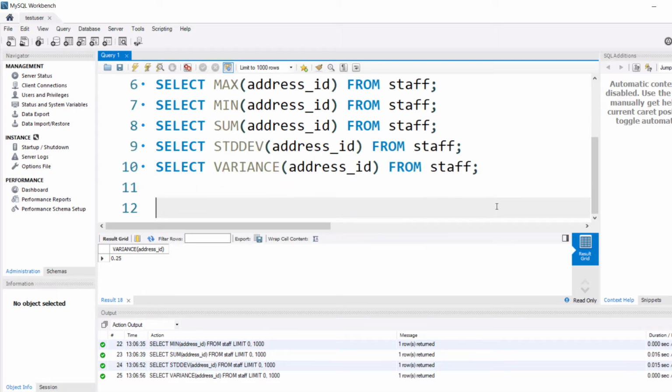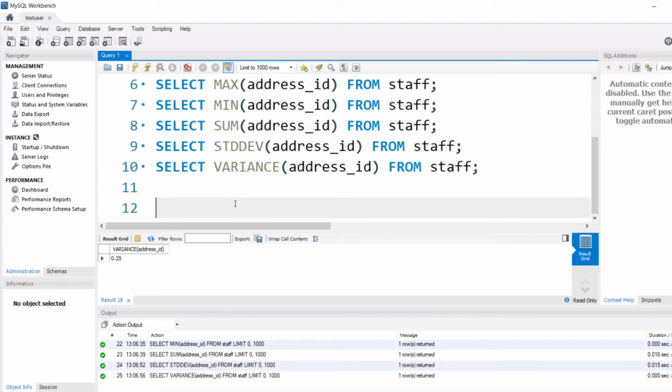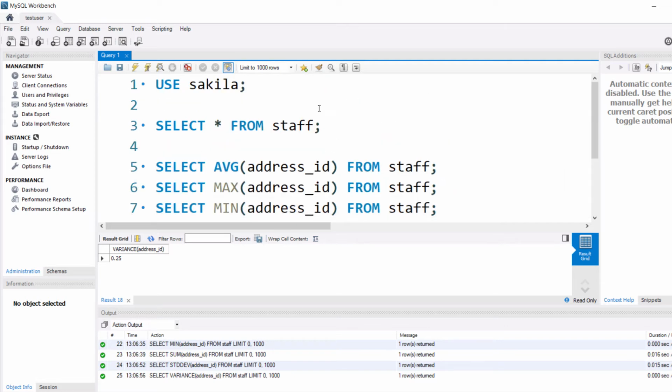Okay. Now I'm going to show you how null is handled in group functions. So here we have average. Earlier we were taking the average of address ID, and address ID did not have any sort of null value. But the field postal code seems to have null values. So let's actually execute this query.